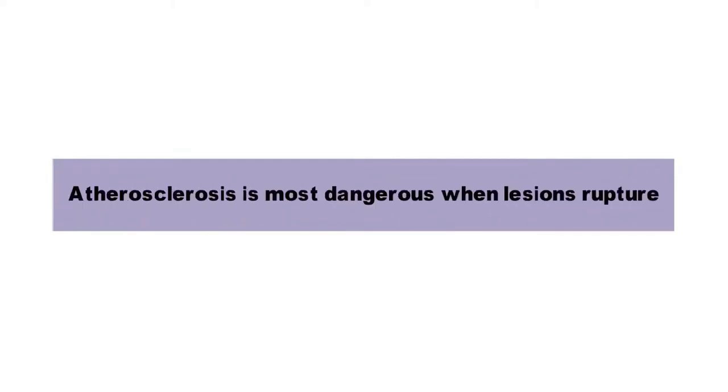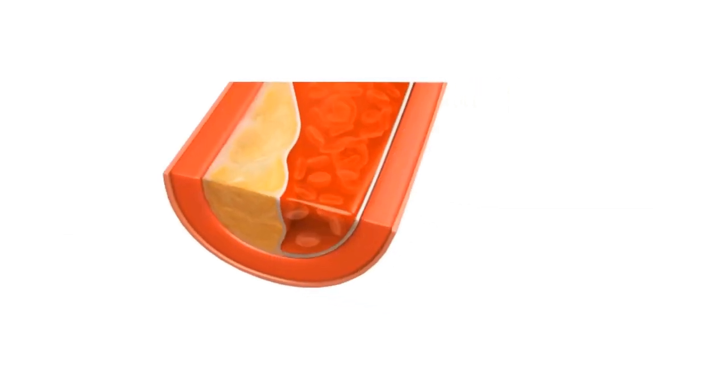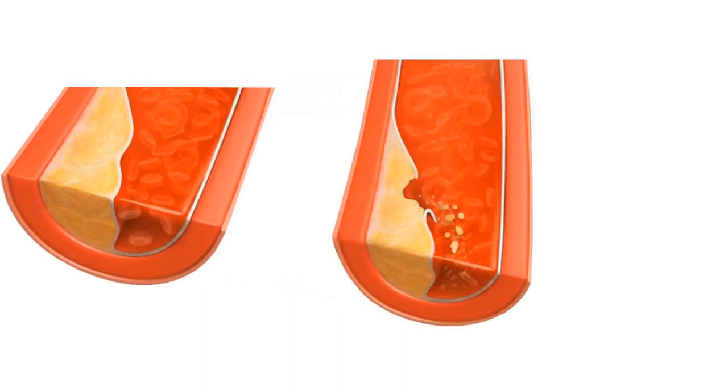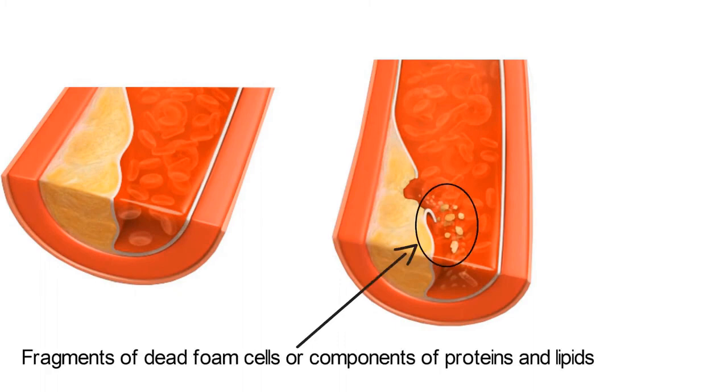Atherosclerosis is most dangerous when lesions rupture. When an atherosclerotic lesion ruptures, the contents of the lesion spill out into the blood vessel. This can lead to a sudden burst of the contents of the lesion into the bloodstream of the vessel. Fragments of dead foam cells or components of proteins and lipids can all be suddenly released into circulation when a